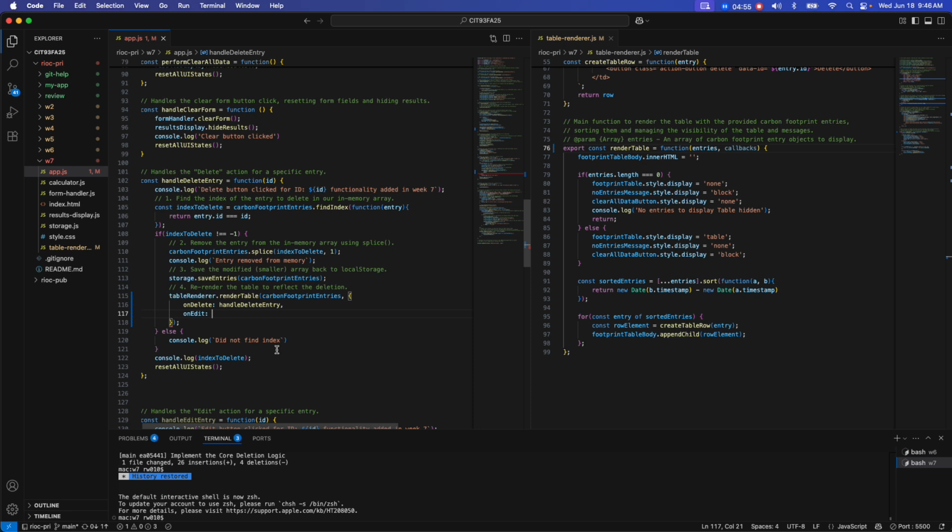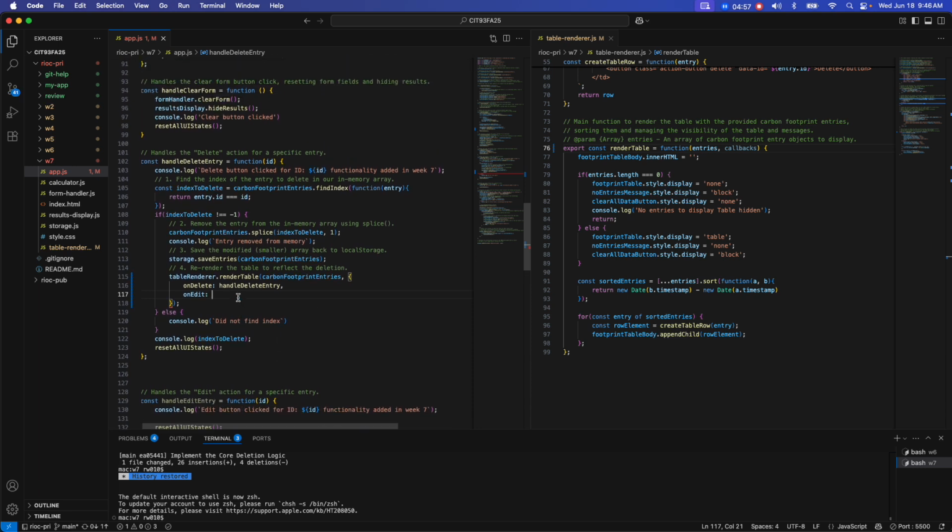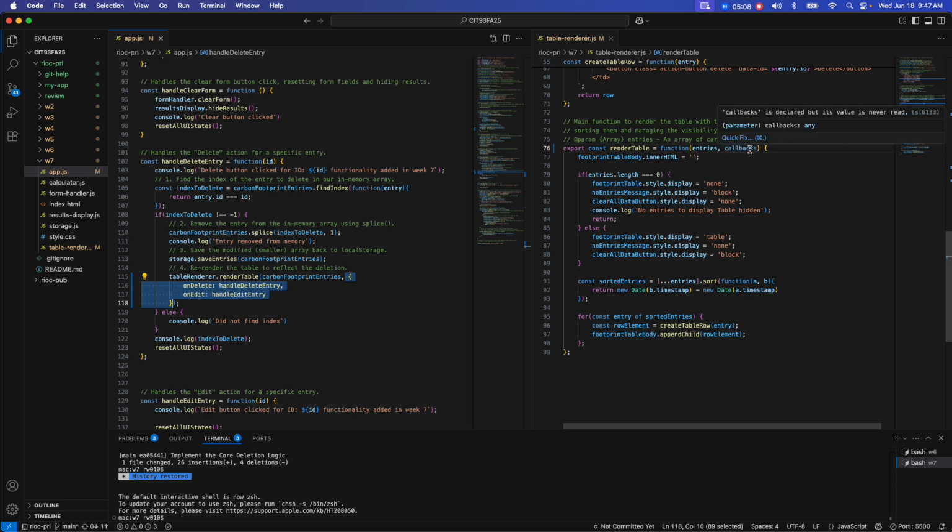We're going to handle it. Now we haven't filled this out because that's for later, but since we know we're going to need it, let's just go ahead and have it now. Okay, so this object is going to become our callbacks. Now, there's something else we'll have to do over here in a minute, but for now